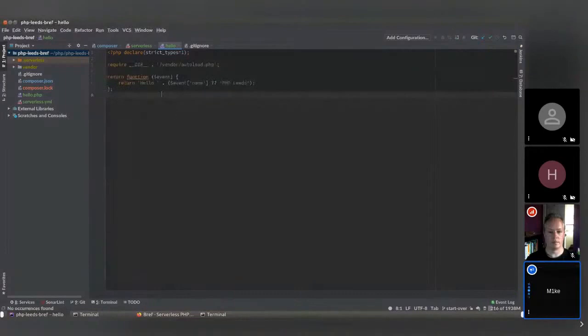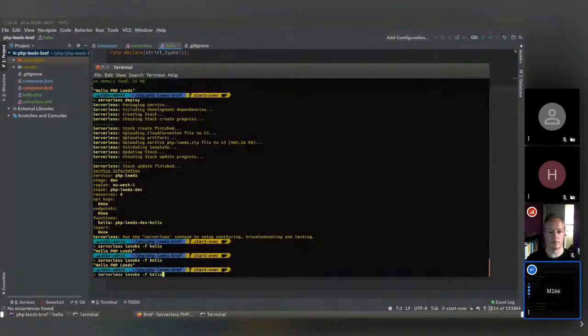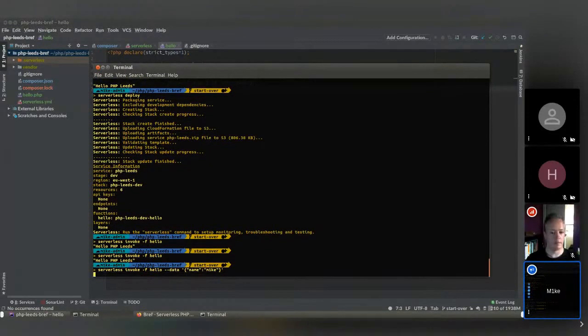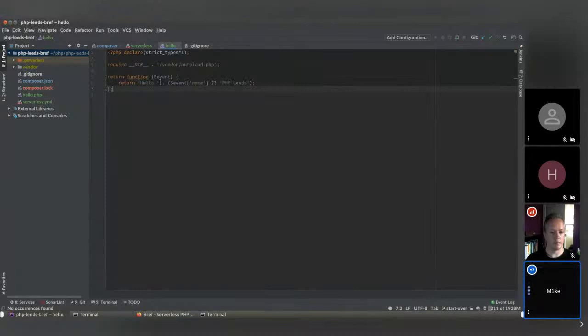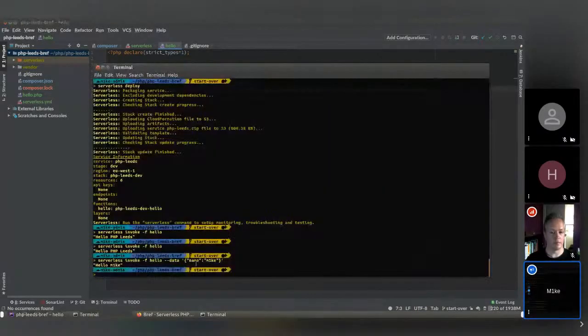So obviously, it wouldn't be too useful running code in Lambda if you couldn't put some sort of arbitrary data into it. So we can also invoke it with a data parameter. We can go name, and that's going to pass in that data item as JSON, and there we go. Hello, Mike. So this event here has just been passed into a PHP associative array, and then has echoed out whatever